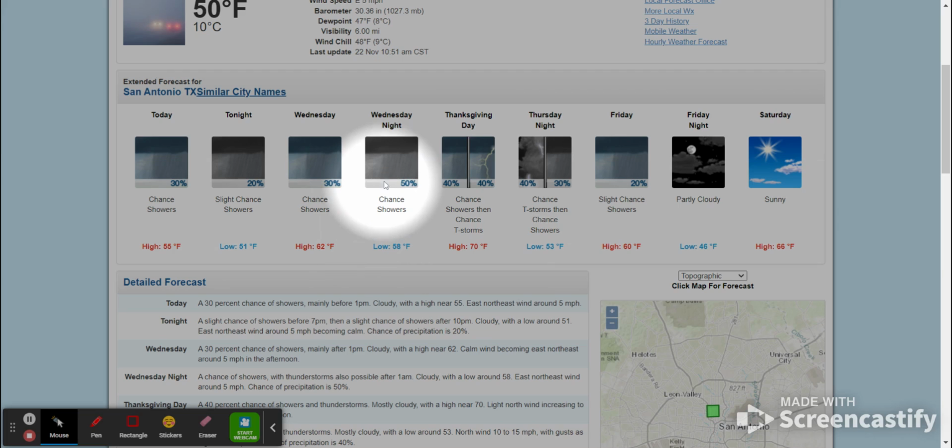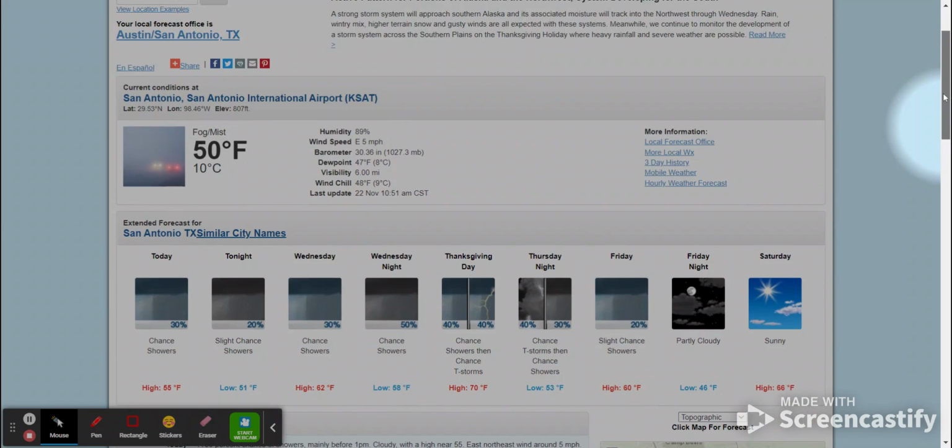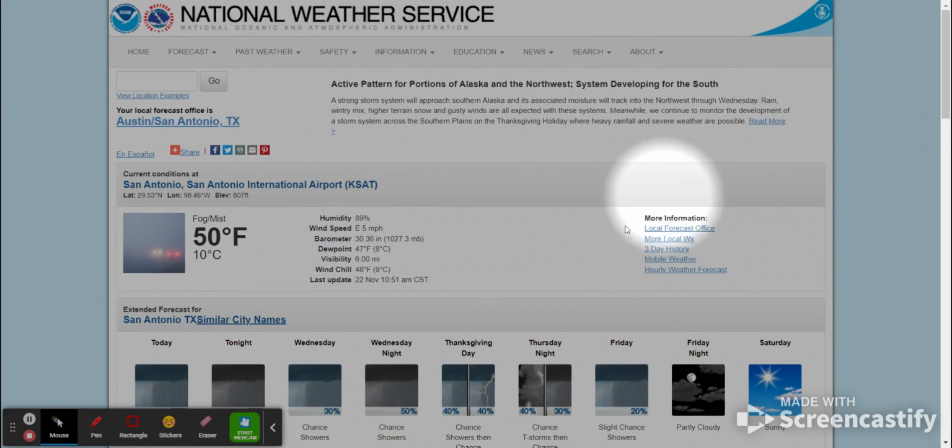High and low. Looks like San Antonio is going to get some rain, possibly. Possibly thunderstorms in the future. And you have your high and low. So you can collect data from here. I'm going to have you fill out a chart collecting data. You also have a detailed forecast here down below. So I just want you to see where you can get all this great information for